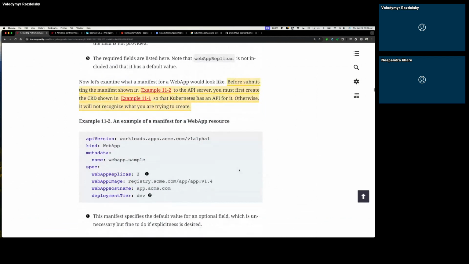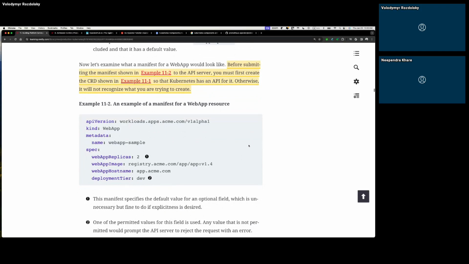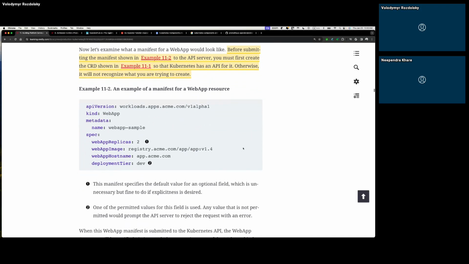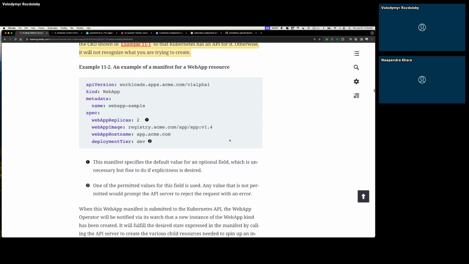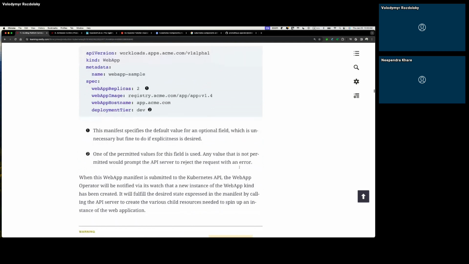You would use this the same way with an operator or with other installations that you bring into the cluster, like we already talked about, the Nginx Ingress controller and cert manager. All of them use CRDs to define the types for the resources that they need to install and operate inside the cluster.